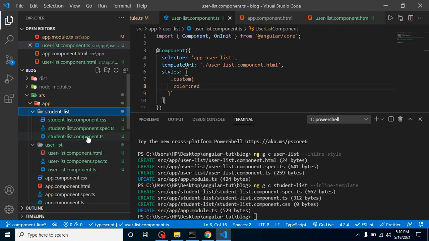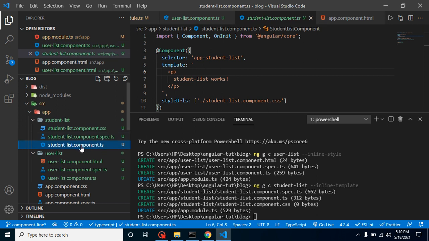If you open the student-list component, you will find that our HTML is inline. So let's see how we can add style here. Let's say color, and we can simply use custom like this, and we can change this p tag to an h2 tag for a little bit bigger text.